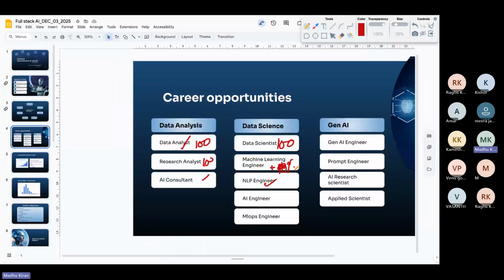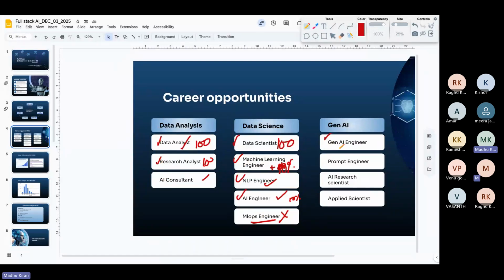NLP engineer, you can apply, AI engineer. Maybe 10% here and there, if you get the basis of 80 to 90%, then we can cover the missing 10%. MLOps, no, we are not going to cover MLOps here. All of this you can apply for.